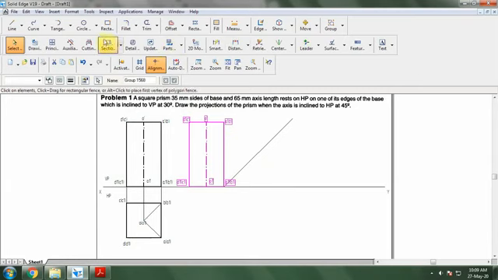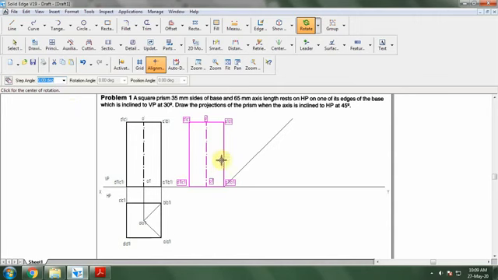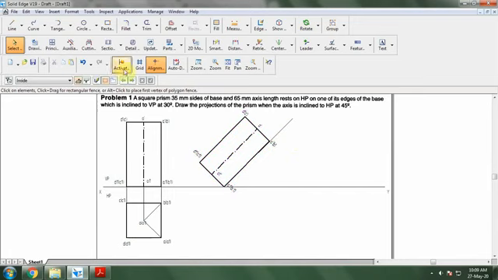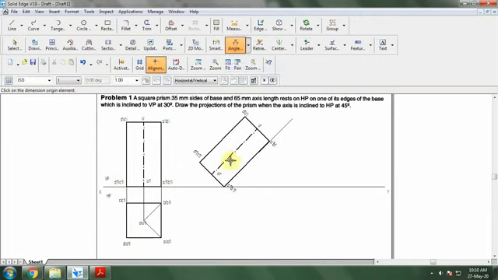Now go for rotate, the rotate option without copy. I'm going to select this A1, B1 has to be on this, whereas A or B has to be on this inclination. Once you've done this, go for angle between. With angle between, you can select the axis line, which shows 45 degrees over there. But instead of rotating the axis, I rotated this edge, the rectangular edge, by 45 degrees so that the axis will be at an angle of 45 degrees.